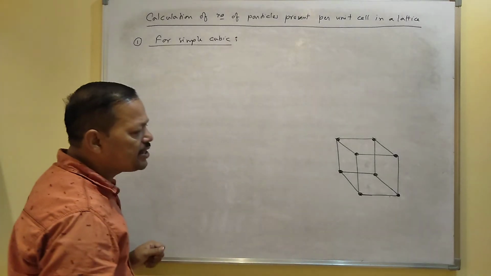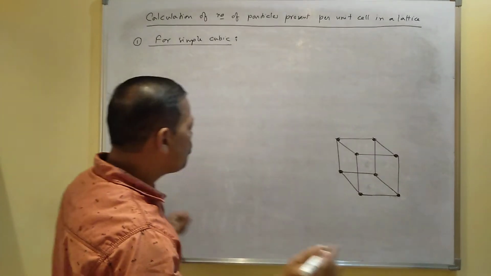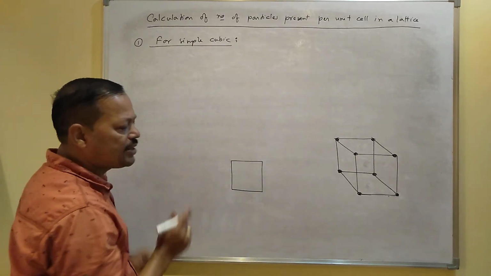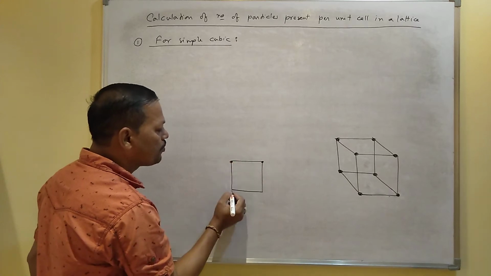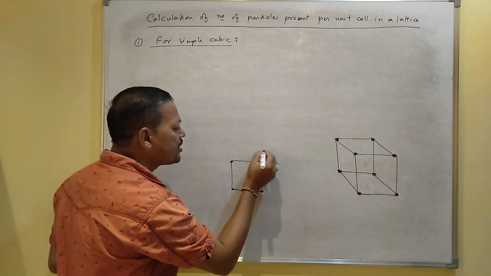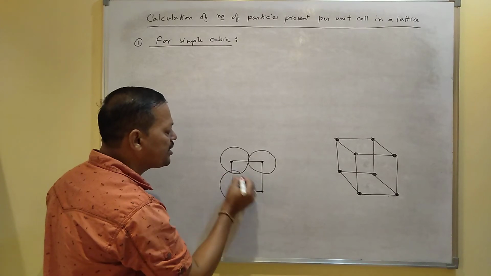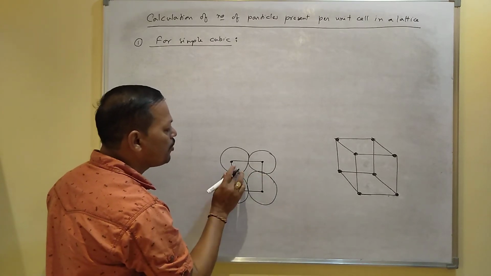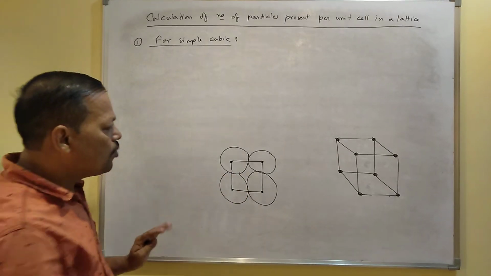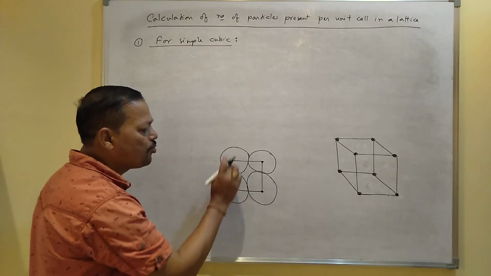Why? Because as you know, this is one unit cell. When you consider a lattice, a number of cubes will join. For example, suppose this is a face of a cube. Just I draw one face, and these are the 4 corners of the cube. See, when the particles are present, they are present like this. They are joined with each other. These are the corner particles. Have you got it? Actually, all are joined with each other. This is a cube face, and 4 corners contain 4 particles.